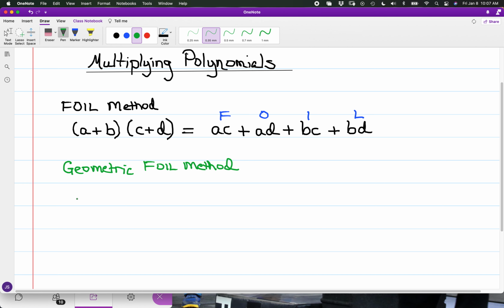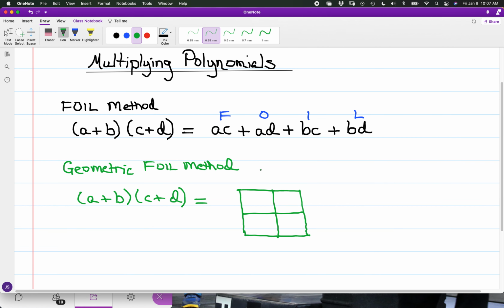For the geometric FOIL method, if we're looking at multiplying the same sets of terms, you can set this up as a matrix. It really doesn't matter which you have as the row headings or the column headings. So you've got a plus b, so just let a and plus b represent the column headings, and c and plus d